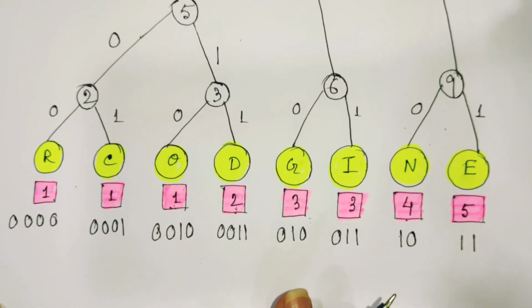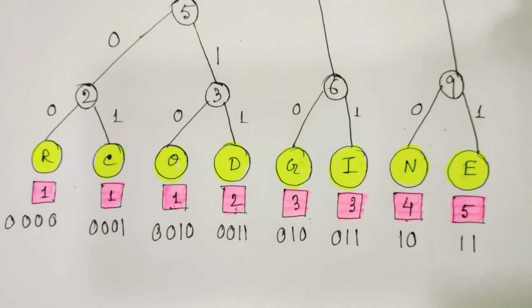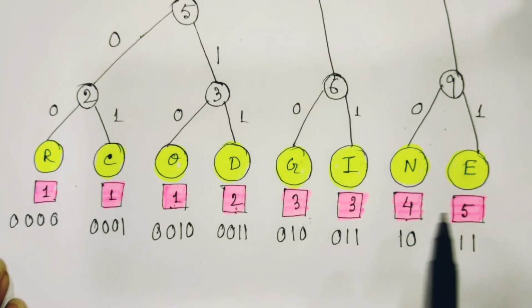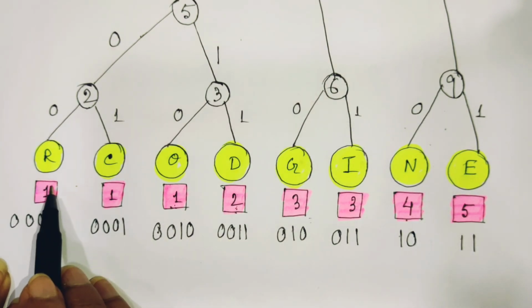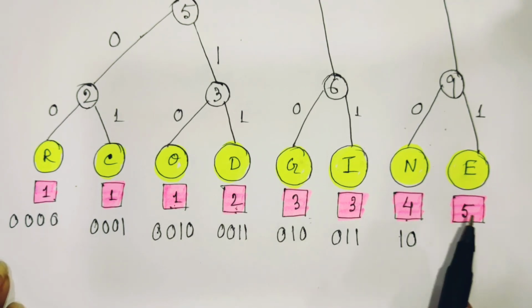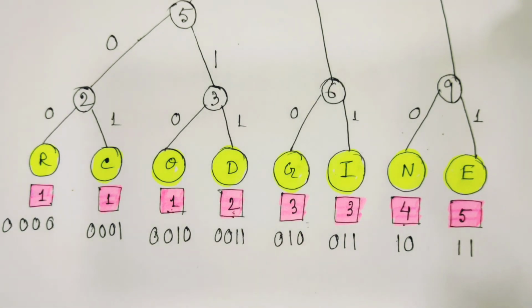I hope you understand how to draw the binary tree. I am just repeating the statement again. Rearrange the characters by their corresponding frequencies, and after that collect the 2 lowest frequencies at a time and merge them. After that, from the new set of data, you again find the 2 minimum frequencies and merge them. If you have a tie, then you can choose any one of them. So in this way we can create the binary tree, and we set the prefix code.